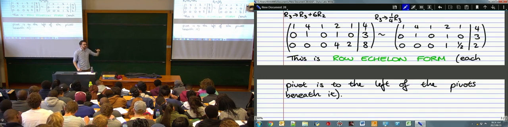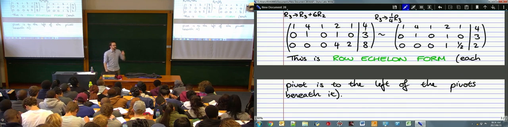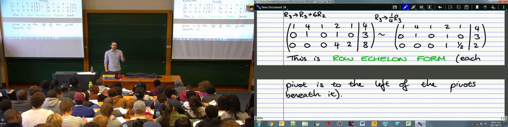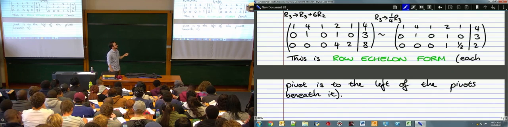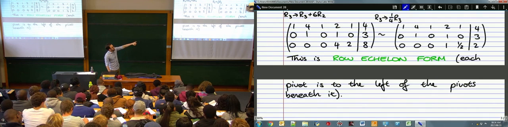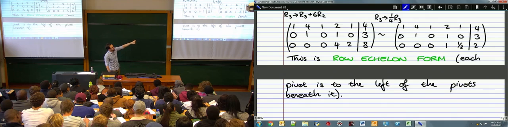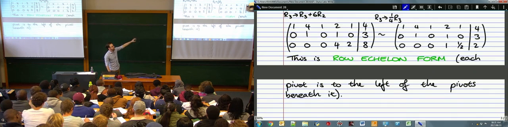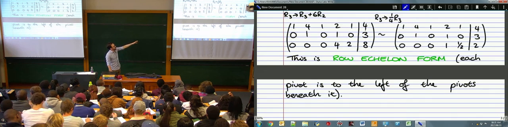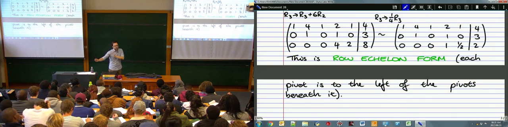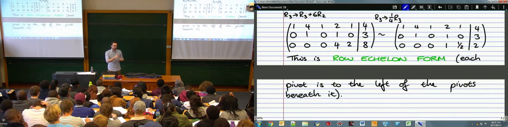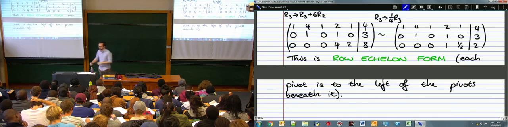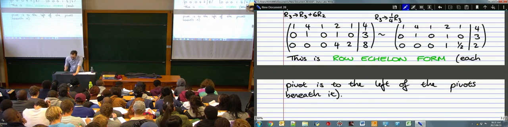And in row echelon form, we can make some qualitative judgments about the solutions. You can look at this and you can see that there are an infinite number of solutions and it's a two-dimensional subspace. And I'll explain how we see that in a moment. But after this, we're going to do the second part of the Gauss reduction, and then we can actually write down the solution, right? So at this stage,